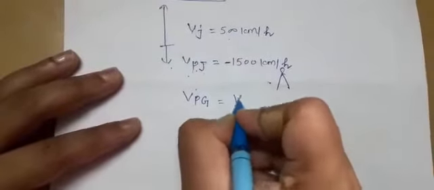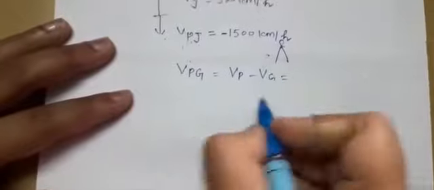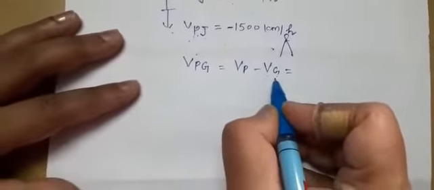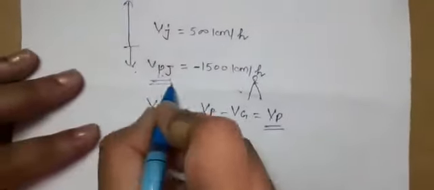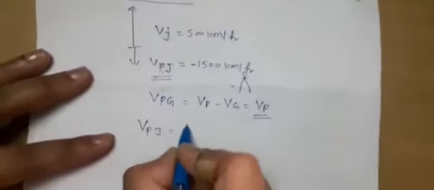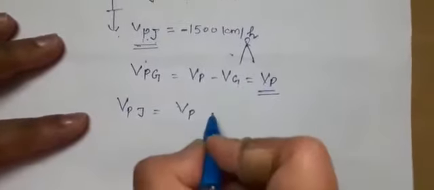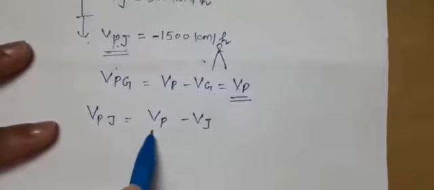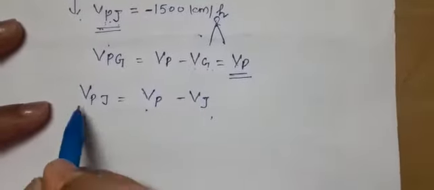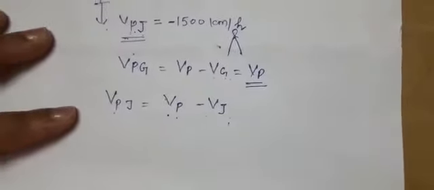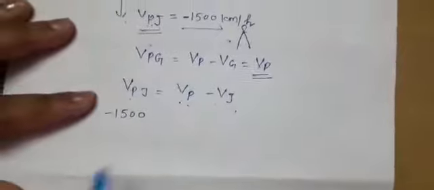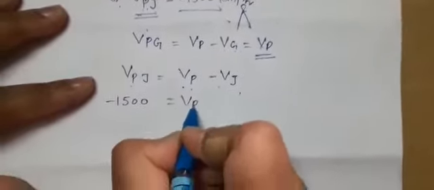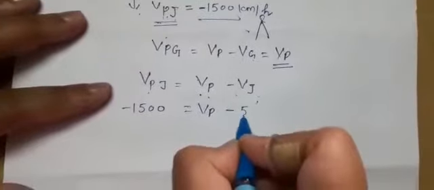I will not repeat this point again and again because it is clear to us now that the velocity of the ground, or a person standing on the ground, is taken to be 0. So I will directly use this result in the coming numericals. So here, now coming to this point, VPJ. Apply the basic formula of relative velocity, the difference of velocities of the product and the jet plane. P suffix comes first, that's why VP minus VJ. Now apply the values. This VPJ is minus 1500 and VP is what we have to calculate. The jet plane is giving the speed of 500.